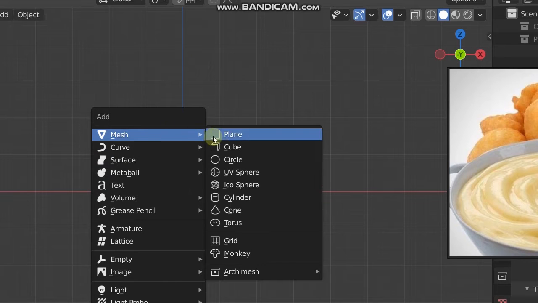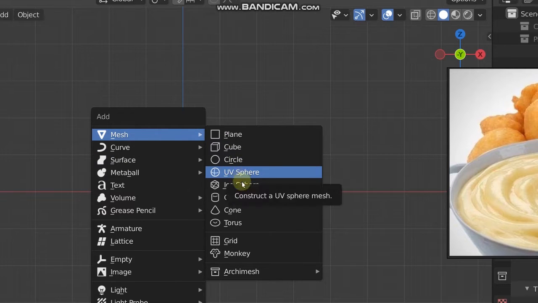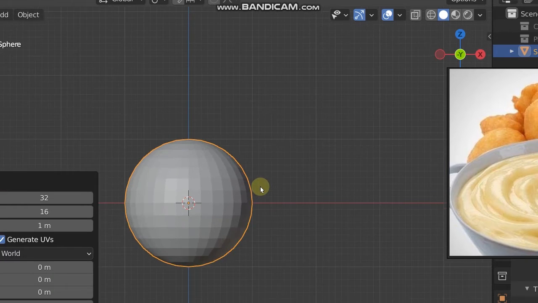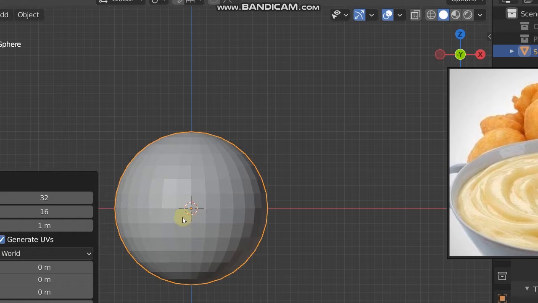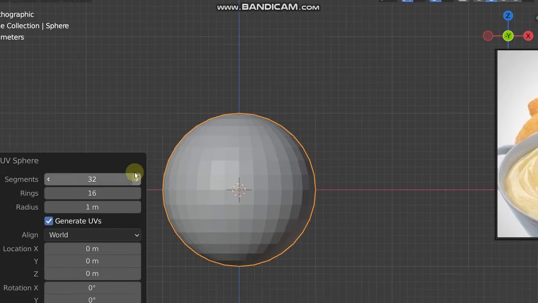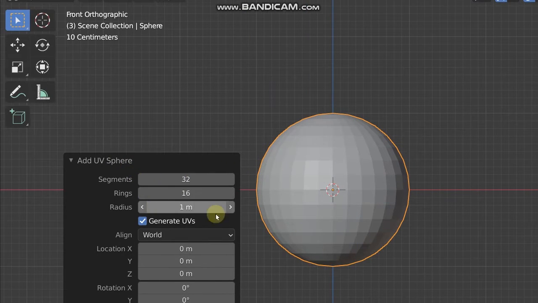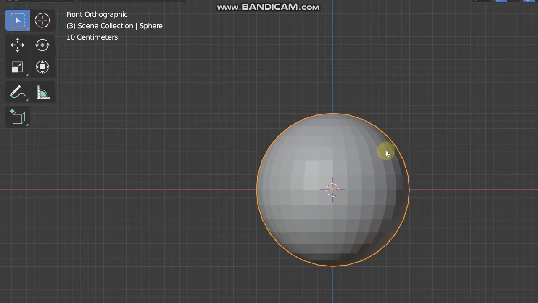Shift A to add a mesh, and I think I'm gonna use UV sphere this time around. The last time I used Aqua sphere, but I didn't really like the result. Okay, because we need a lot of vertices to be able to tweak around, I'm not going to reduce this segment or tweak any of these. So now